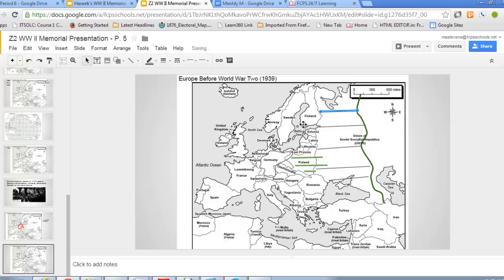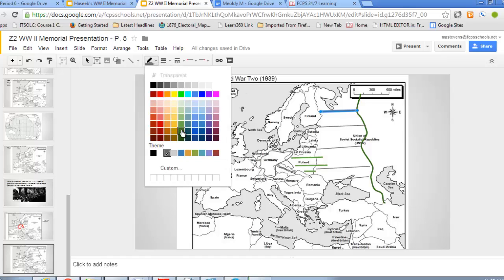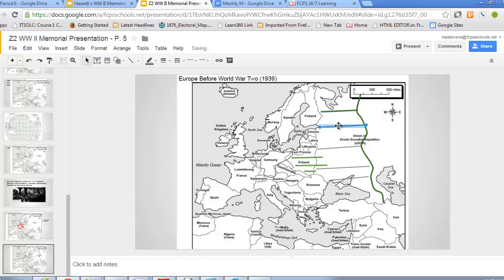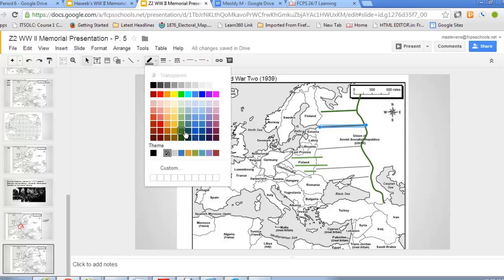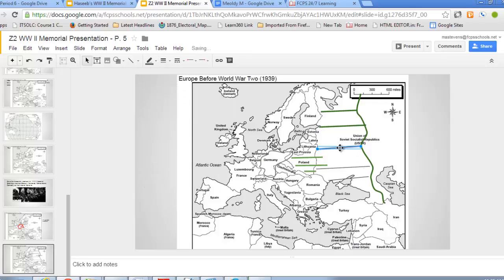Alright, again, how do I make it bigger? I go to the line weight tool, they call it, 4 pixels, and again, I can make it green at the same time. I select the next one, make that bigger, 4 pixels, make it green. Make this one bigger,